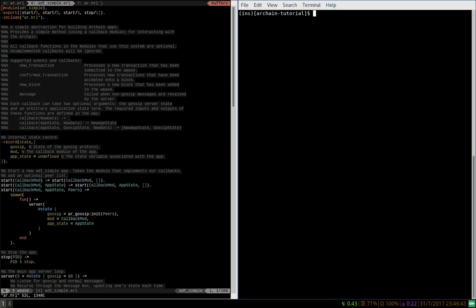Archain applications are essentially custom nodes in an Archain network that allow you to listen in on data that's passing through the network and process it. So the first app that we'll be making today is a simple network monitoring app, which will print when new blocks are found in the network. And the second app we'll be making is slightly more complicated and looks at extracting stock data from transactions in